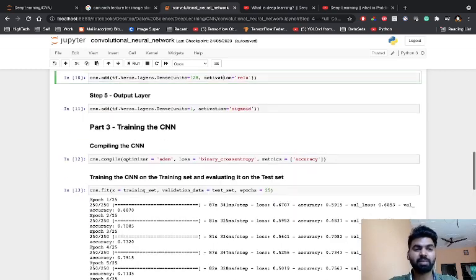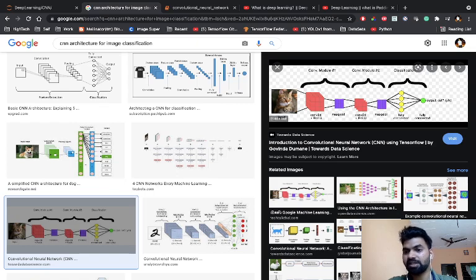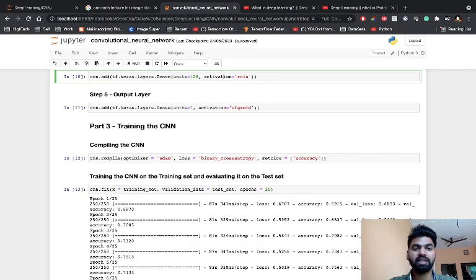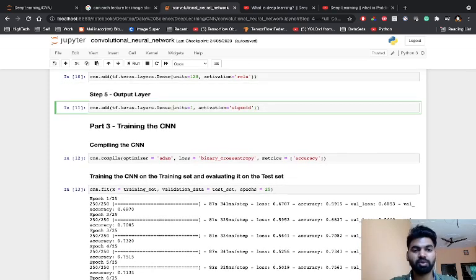So the next part is the output layer. In the architecture you will see the next part is the output, the final one, where we will get the output as a dog or a cat, right. Inside the output layer, see guys, units should be 1 because this is binary, and the activation function is the sigmoid function. I already mentioned that in the output layer we most probably use the sigmoid function, right.